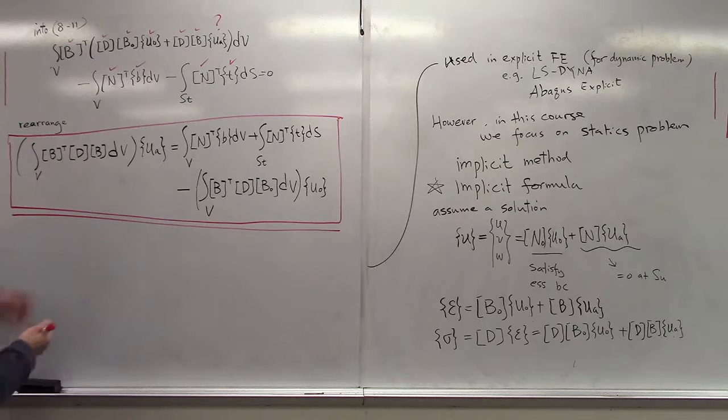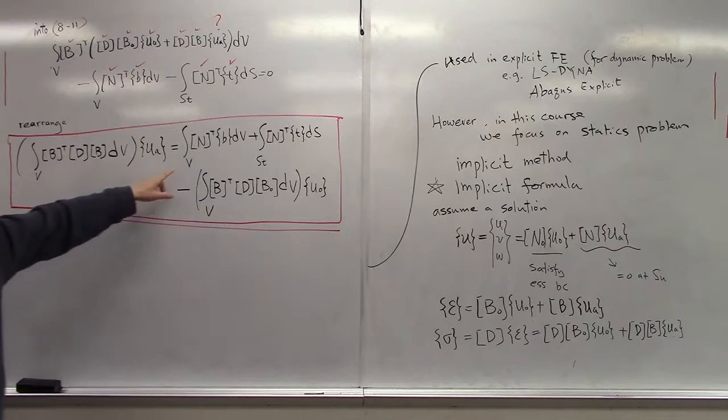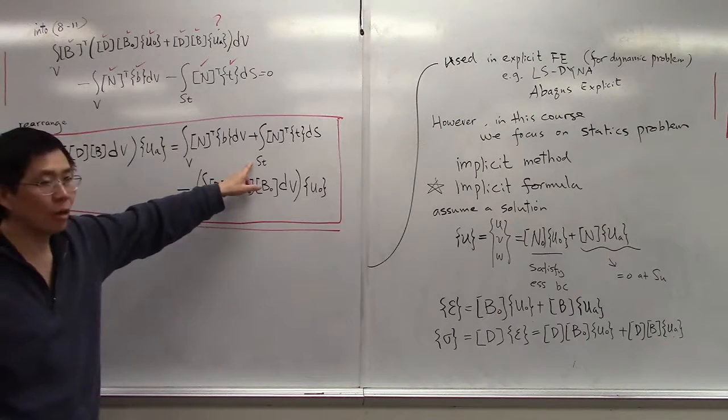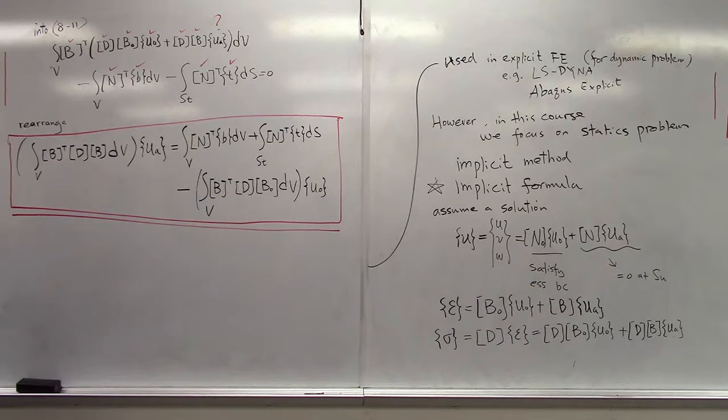Now, the integration here, in the shorthand, we just write it as integrate over the whole domain here again, and this is over the whole traction surface. When we implement in a finite element way, we are going to integrate it over each element, and sum it all together. Therefore, we can further write it as